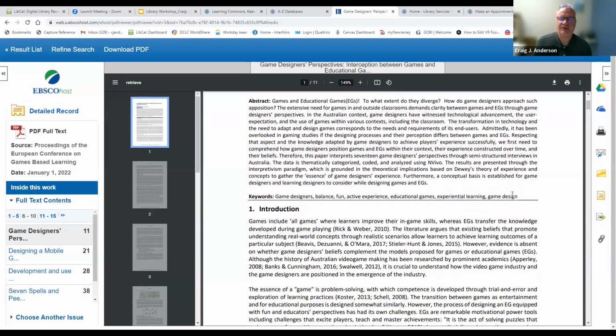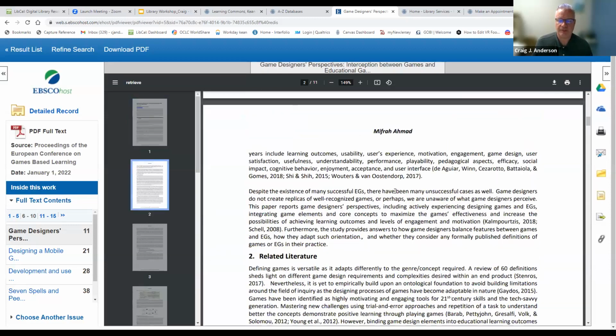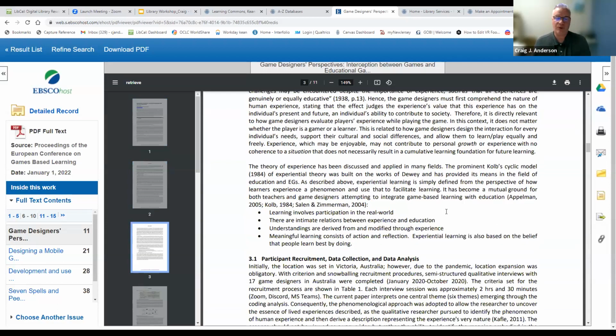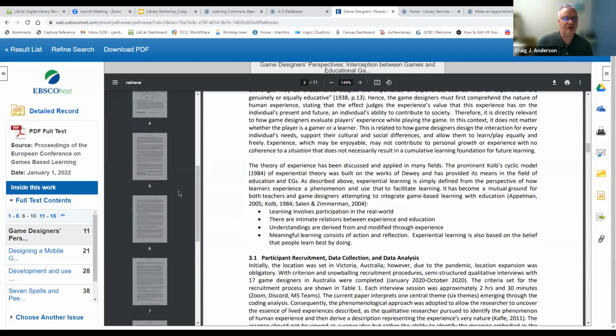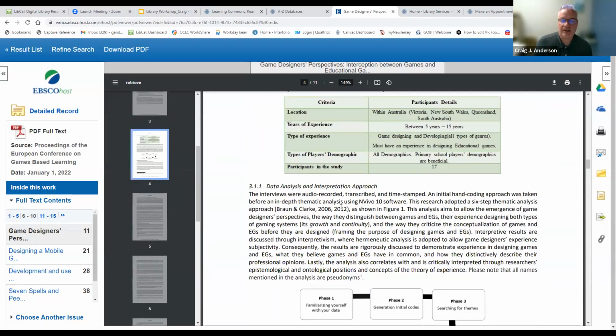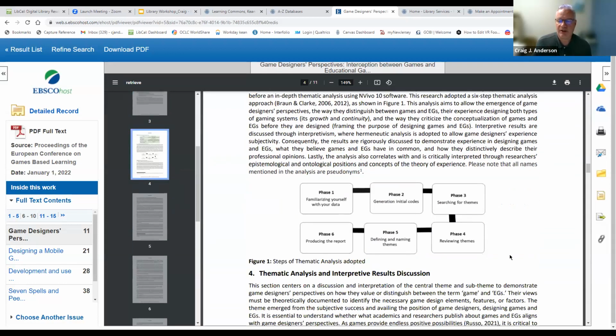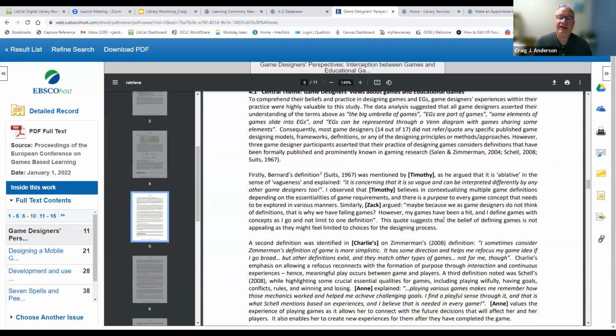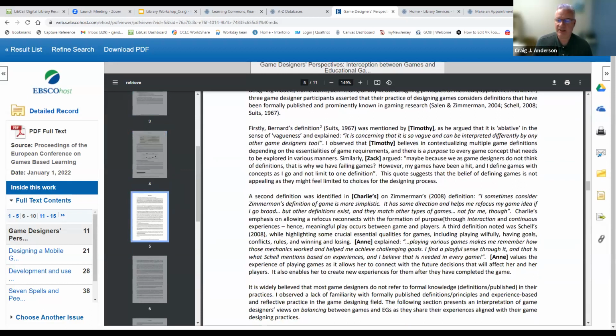As I said before, I think this one's a conference paper, so it looks more like a conference paper article. And I can just read through this. Everything will be formatted exactly the same way as in the original publication. If there are any cool graphs and charts like this, it will have those in here as well. So I like to see it when it's available as a PDF document.